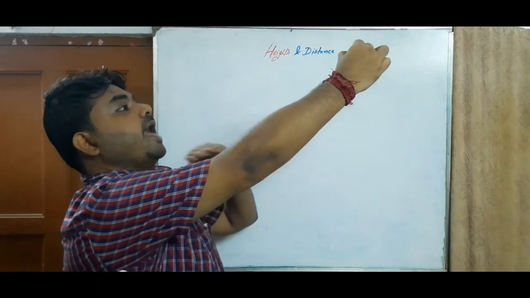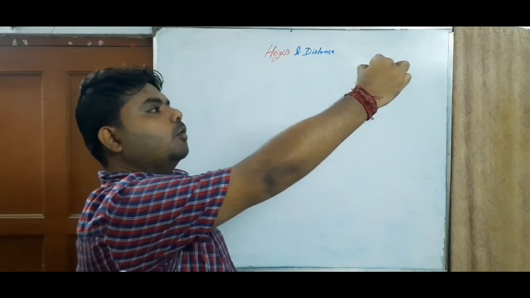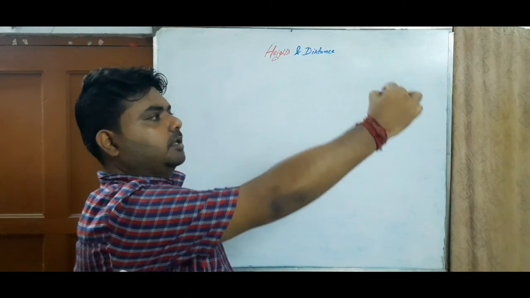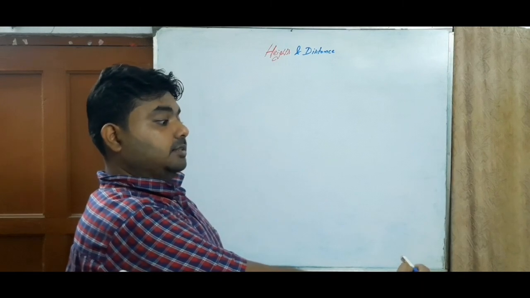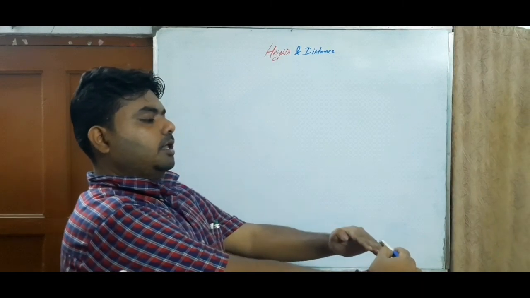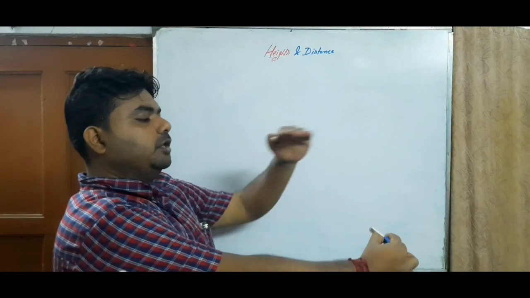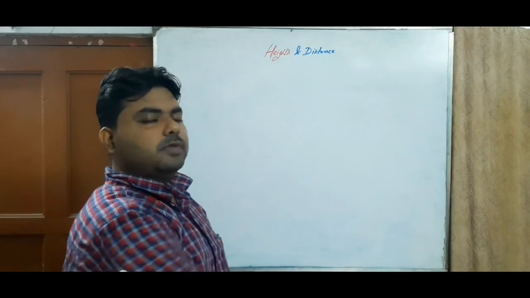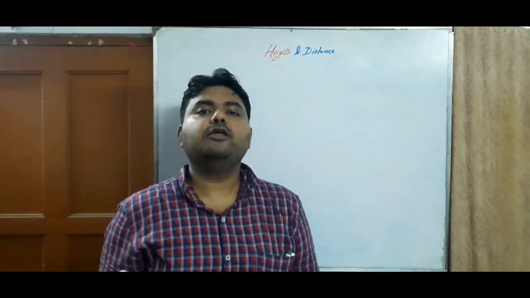So it is above the horizon. My line of sight is above the horizon. And now if I place this pen just below, I have to bow my neck to see this object, and this line of sight is below the horizon. So what does it mean? It means the angle of elevation and angle of depression.